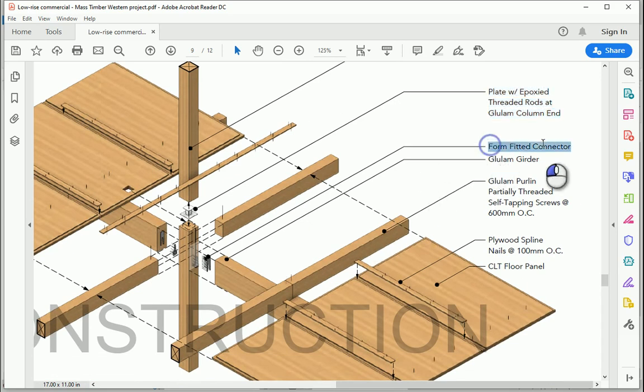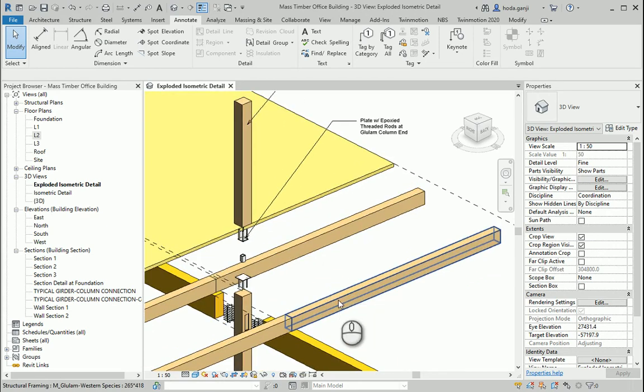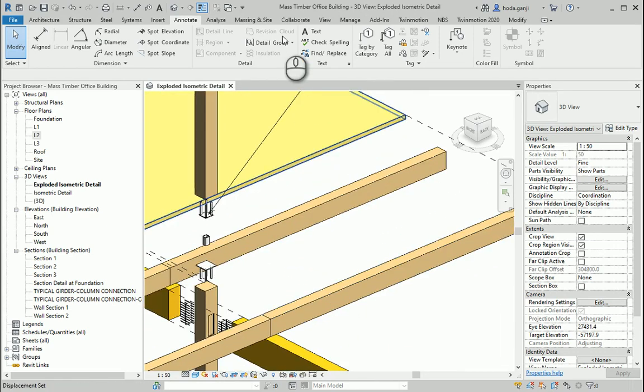We have the form-fitted connector. I can put it here.